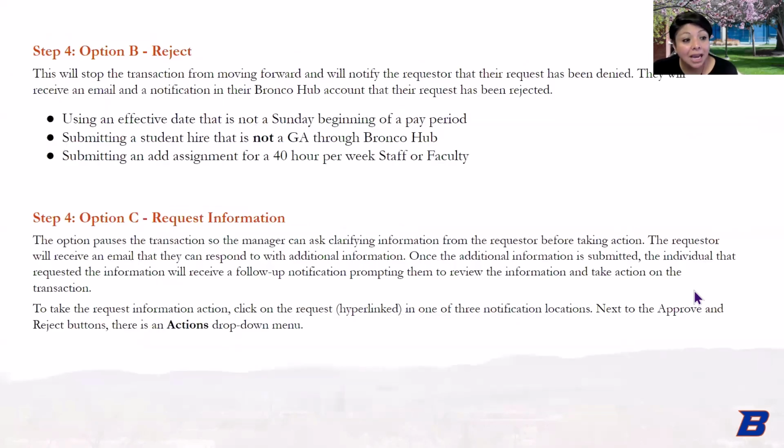If you reject the action, that will stop the transaction and it will not proceed in any kind of approval workflow. This means that the action has been denied. It will have to be resubmitted. Some of the reasons that we will reject an action are using an effective date that is not the Sunday beginning of a pay period,